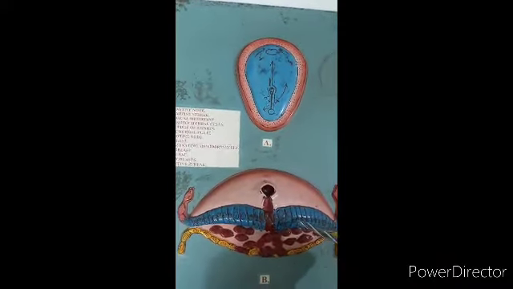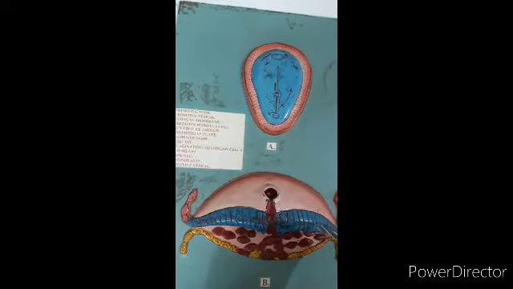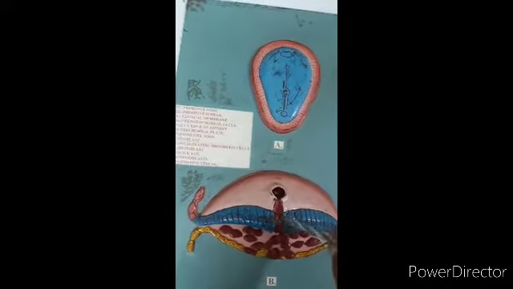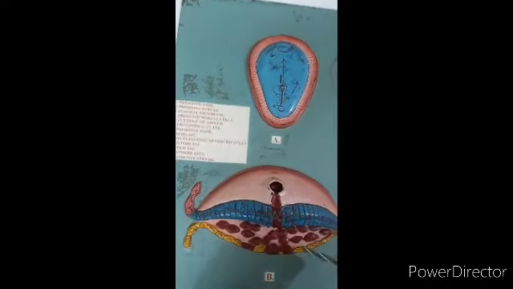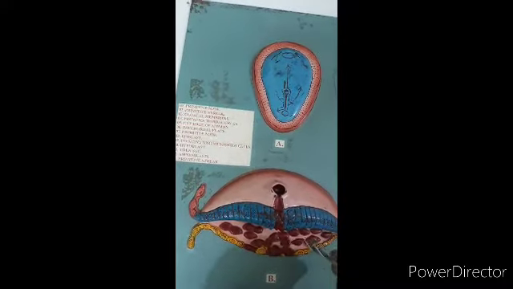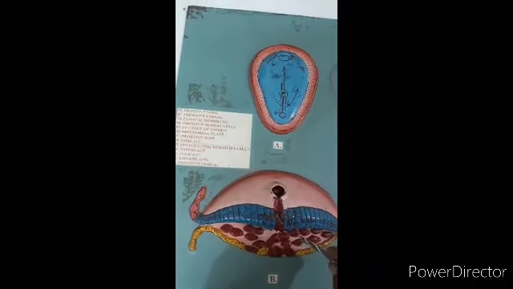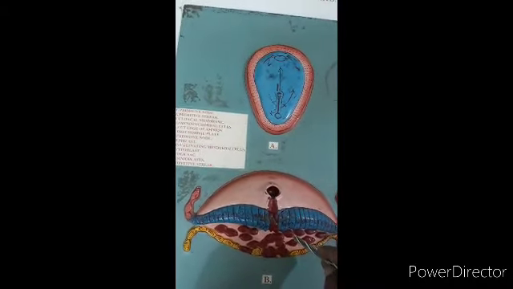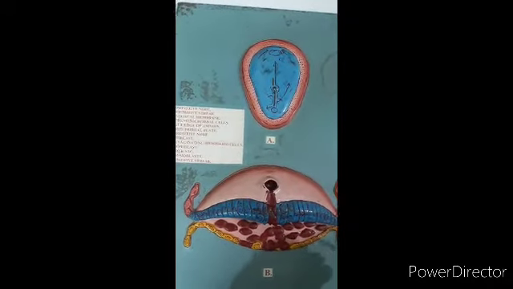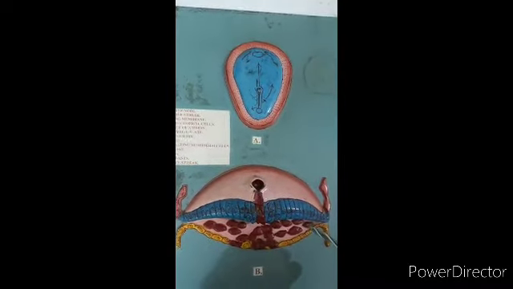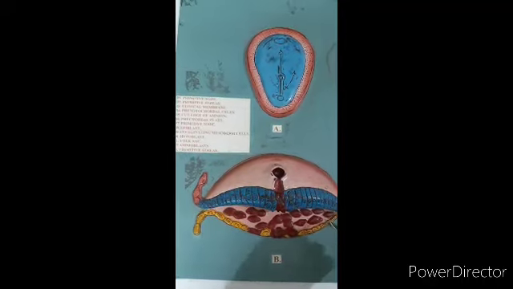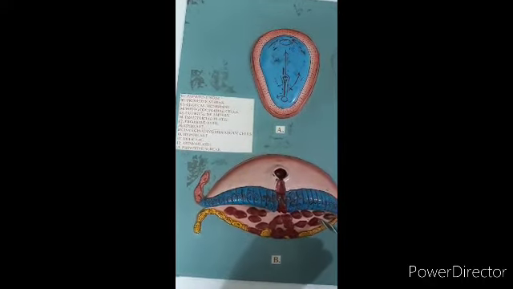The remaining epiblast cells give the ectoderm, and the majority of the epiblast cells which occupy the space between the epiblast and hypoblast layers differentiate to form the mesoderm. Now, the notochord is the first mesodermal tissue to form. Okay, and the first formed layer is the endoderm layer. You see, these are two viva voce questions. The first formed layer is the endoderm layer, and the first formed mesodermal tissue is the notochord.